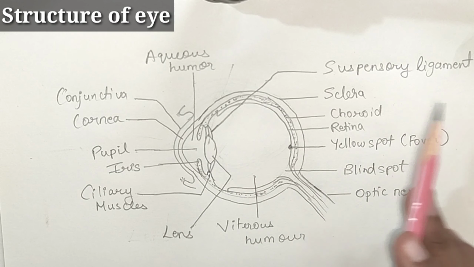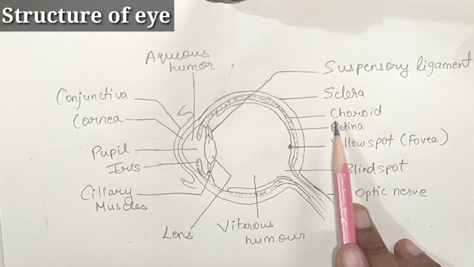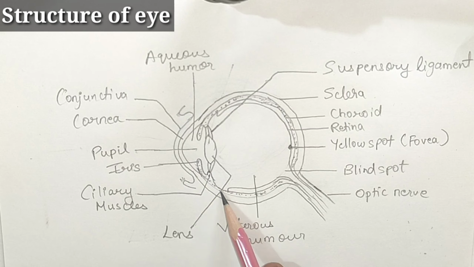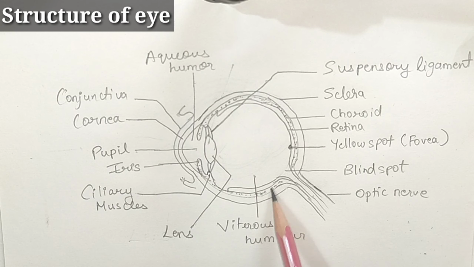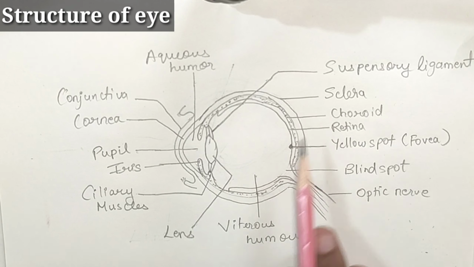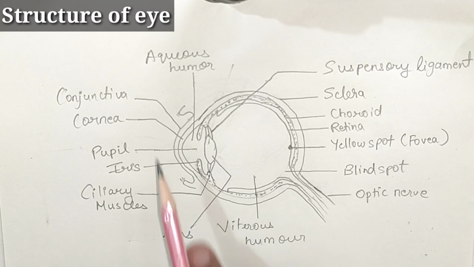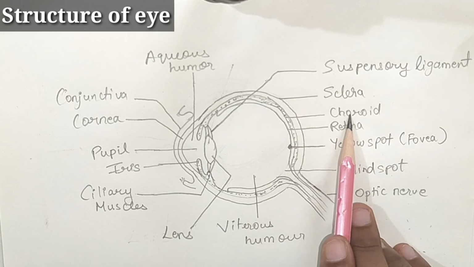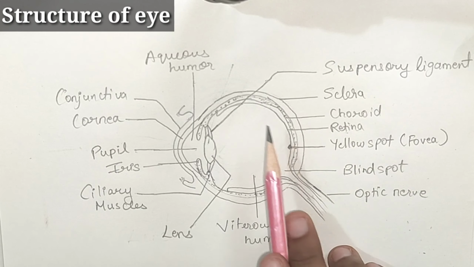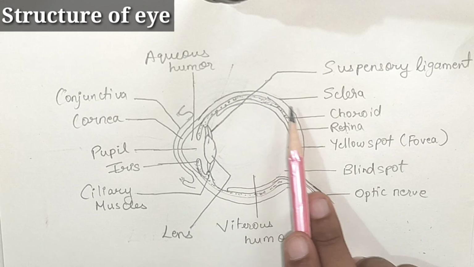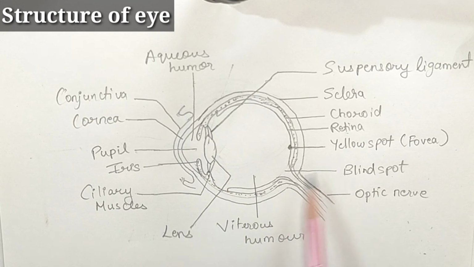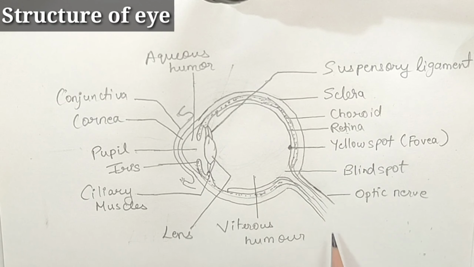Here you saw the three layers: the sclera, the choroid, the middle layer, and the retina. To show the choroid different from the other two, we can draw it in dotted form. So we start with the three layers: sclera, the outermost layer; choroid, the middle layer; and retina, the inner layer. Then you saw when I labeled, I started with this particular side: sclera, choroid, retina.